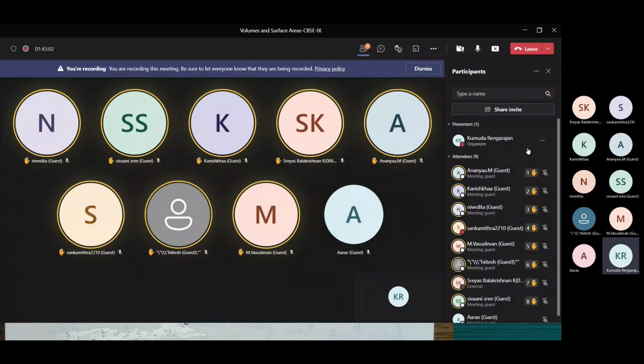Now each one of you unmute and tell me how many of you will submit your classwork. Because like a fool, I expect from everybody, and then I only expect to be disappointed. Somehow I feel today all of them will submit their classwork, and finally I'm disappointed. So let me not make a fool of myself. How many of you would like to submit your classwork? Ananya, will you do it? Yes, ma'am. Kanishka, yes, ma'am.